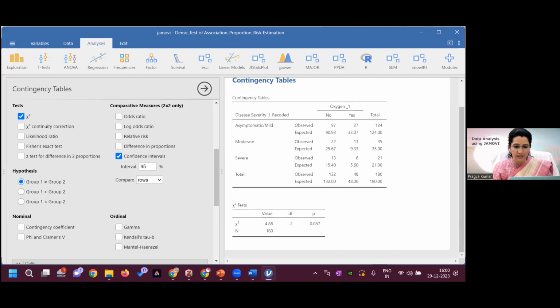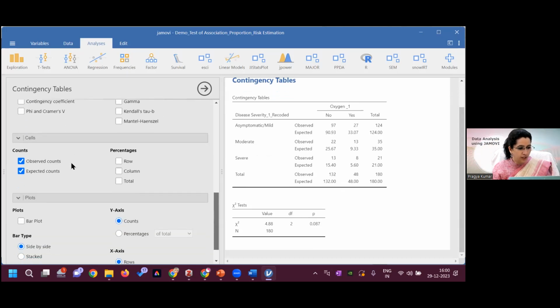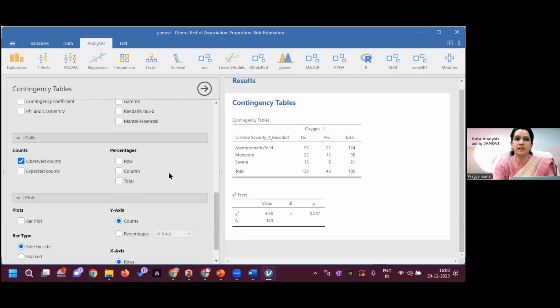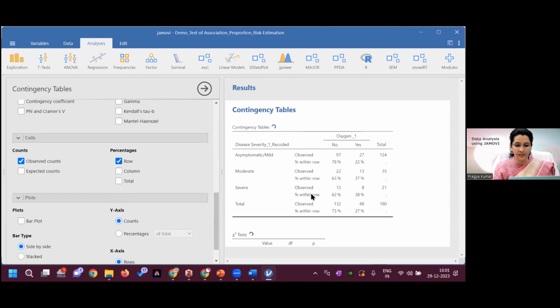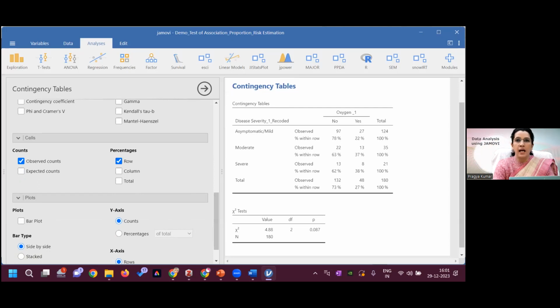So this is the one, and again, if you go here, I will remove this expected count, and now you can see I will write the percentage here. So you can have this in your final version. You can copy this, and since this is not significant,